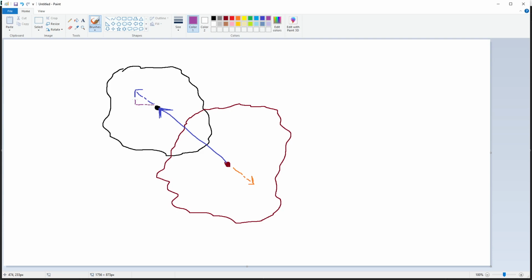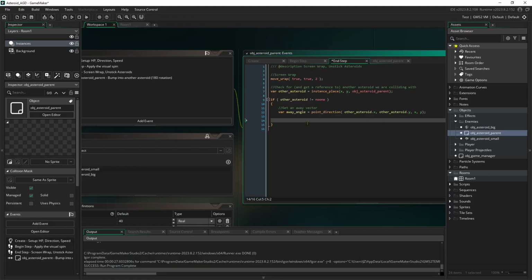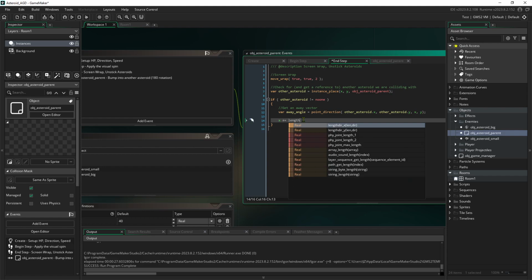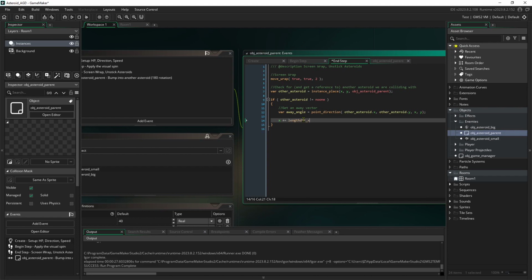So there's a command. I mean, I could use trigonometry, but basically I want to figure out how much x I want to push away and how much y I want to push away from that new vector to add to my current position. And so there's a command to do that, and we'll do x += lengthdir_x(